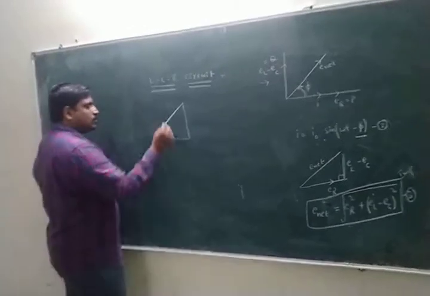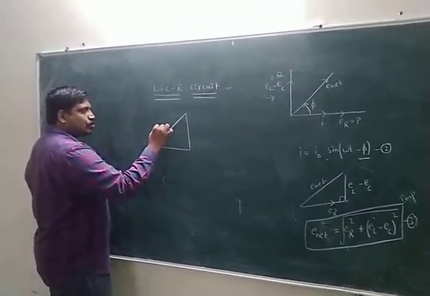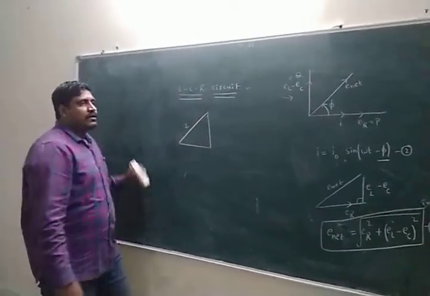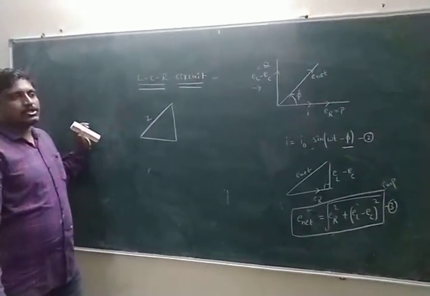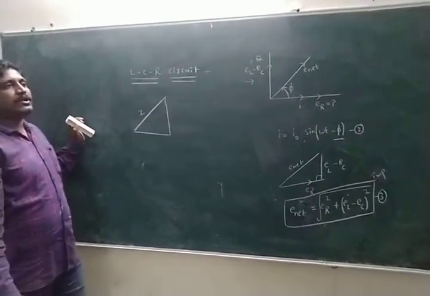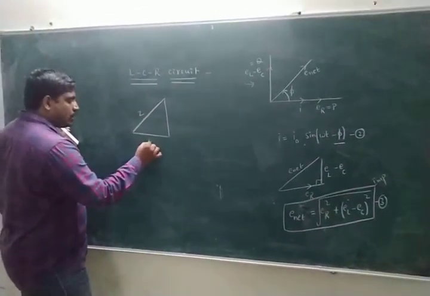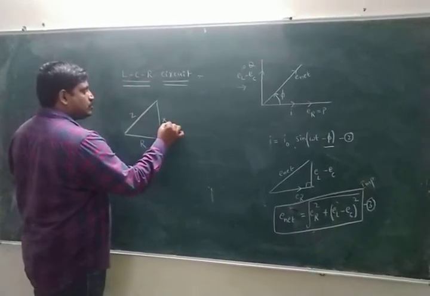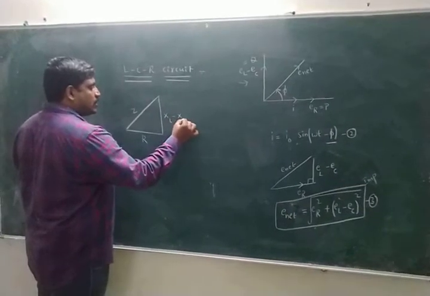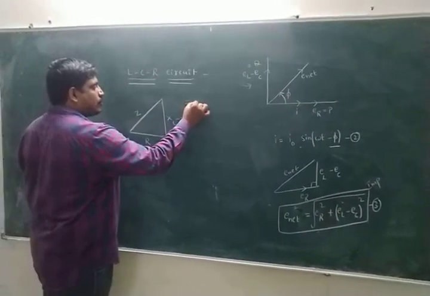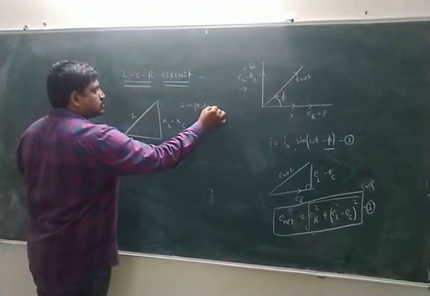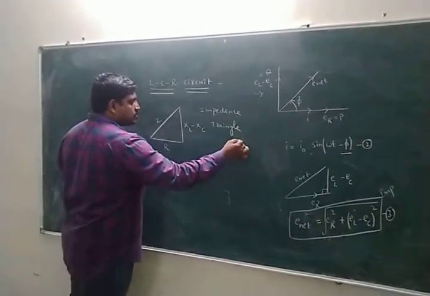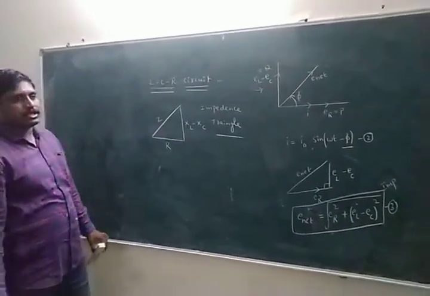E net means Ohm's law. V equal to IR. Total resistance in the circuit is called Z. Z is called impedance. This is ER, Ohm's law, IR, simply R. EL minus EC, simply XL minus XC. This is called the impedance triangle in the LCR circuit. Once again I repeat, this is called the impedance triangle in the LCR circuit.